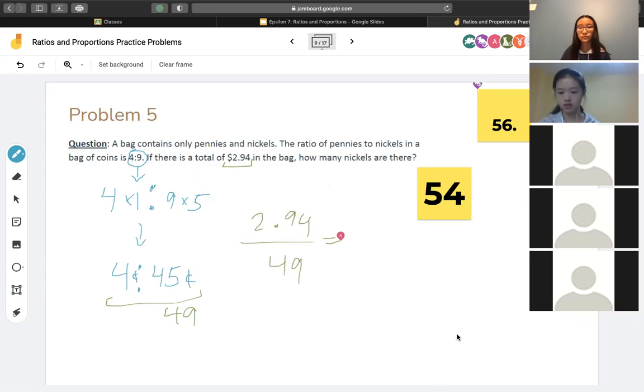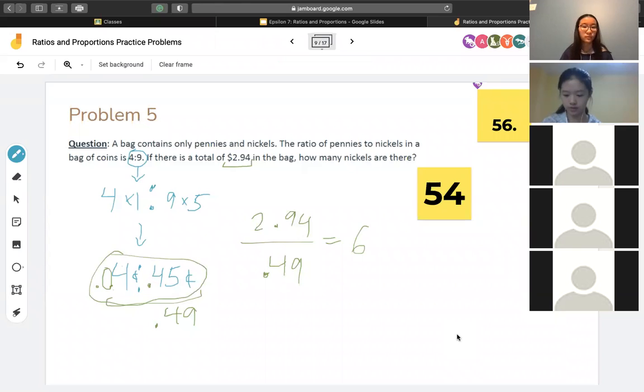we can get a factor which tells us what to multiply this by in order to get the true total amount of each coin. And just remember that this is in cents. So if I want to convert to dollars, I have to insert a decimal point. So if we divide $2.94 by 49 cents, we get 6. But that just tells us if we multiply this ratio by 6, we'll get